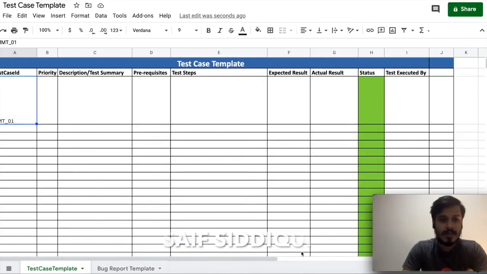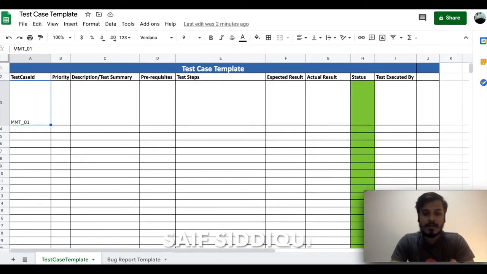So in this section we are going to write the test cases in a real life situation. For writing the test cases, the website that I have chosen is Make My Trip. Basically, it's a travel and hospitality related website, and we are going to write some test cases for Make My Trip. As discussed earlier, test case ID is a unique ID, and for writing test cases for Make My Trip, I'm just taking it as MMT underscore 01. So my next test case can be MMT underscore 02.